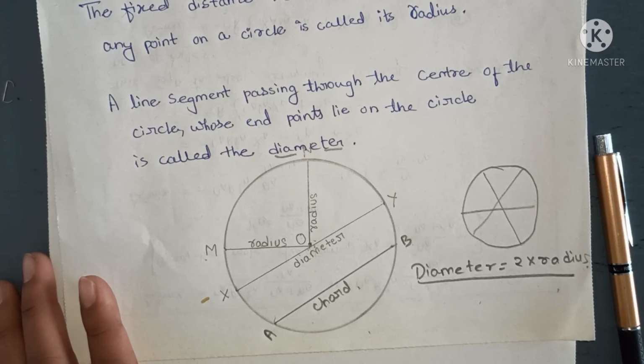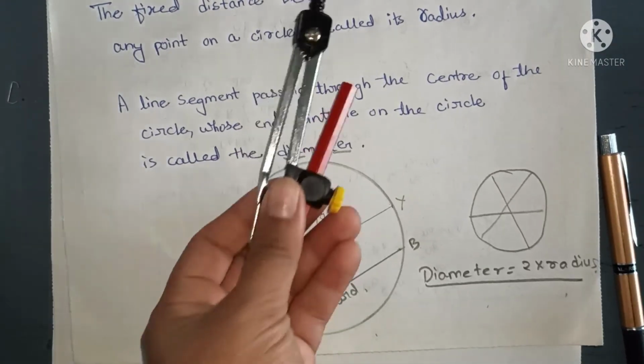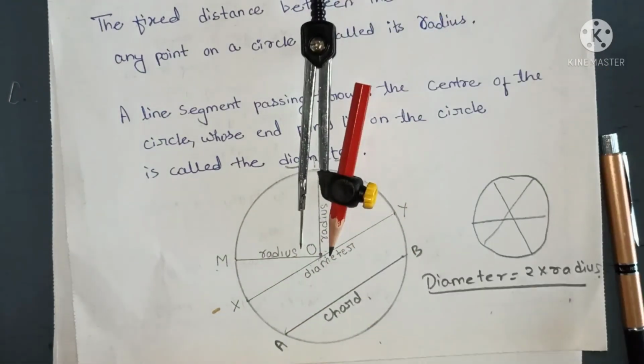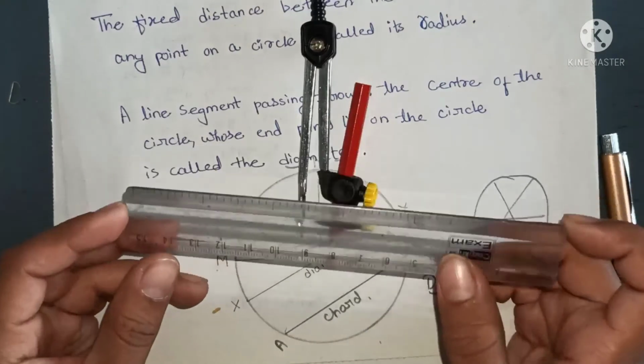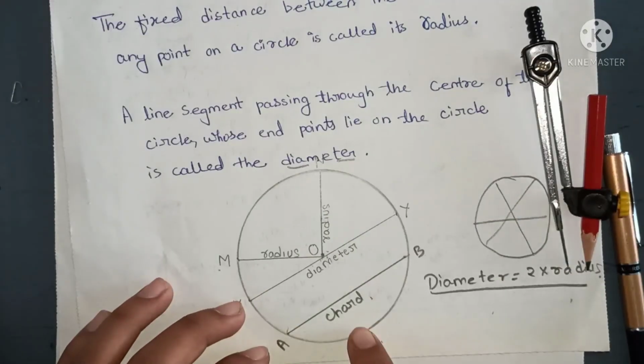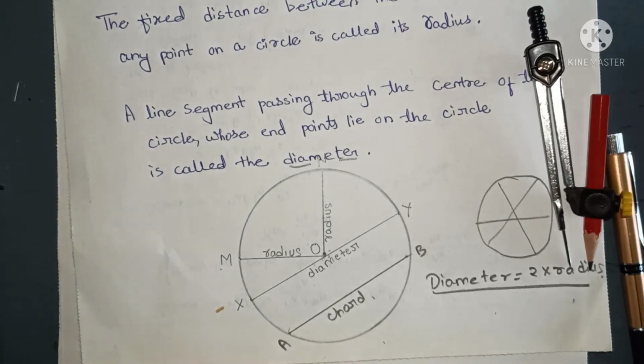Now children, what can we use to draw a circle? Do you know what it is called? Yes, it is called a compass. And this is a ruler. So using the ruler, pencil and the compass, we can draw a circle, okay? Which we will learn in the higher classes. How to draw a circle.